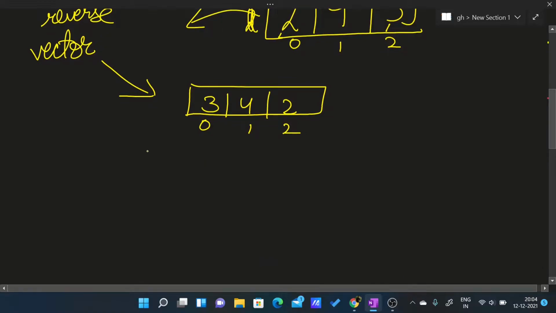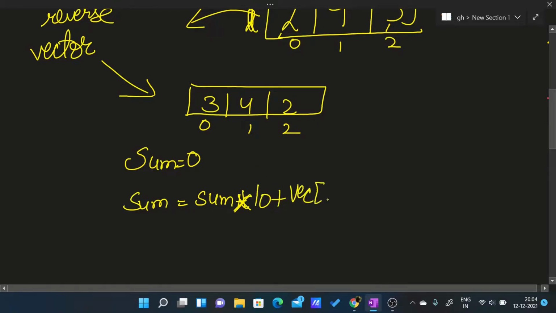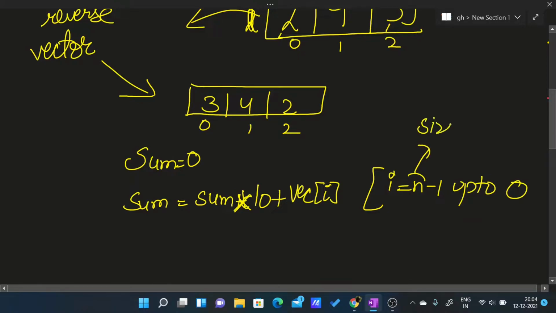Now suppose we take a value sum and calculate it as sum equals sum into 10 plus vec of i, where i starts from n minus 1 up to 0, where n is the size of the vector.